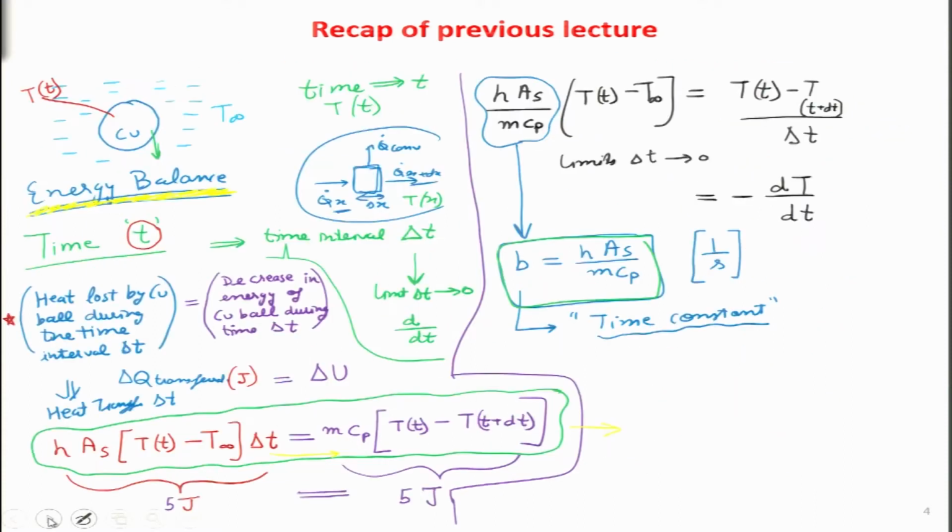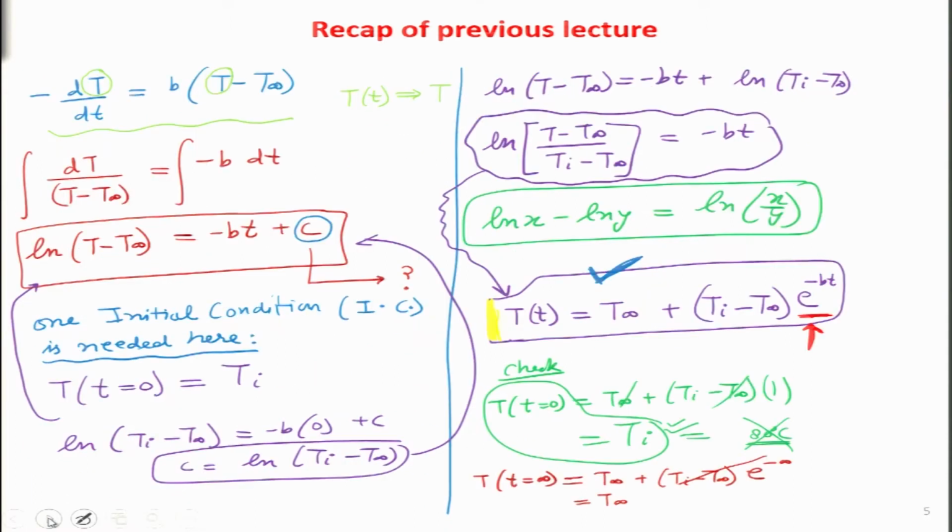So everywhere we can write that concept mathematically like this. We wanted to derive the governing equation for the lumped analysis, so we went ahead and did that. We did the energy balance, we defined the parameter called the time constant over here, and this will help us determine the different types of exponential decaying temperatures for the cooling case. Once we have obtained the governing equation, we solve it and obtain the temperature as a function of time, which we have obtained over here on the right hand side.